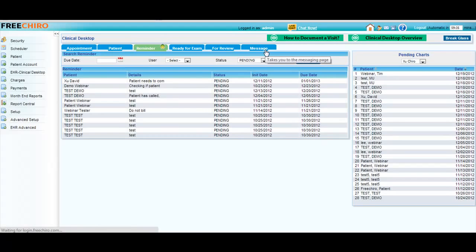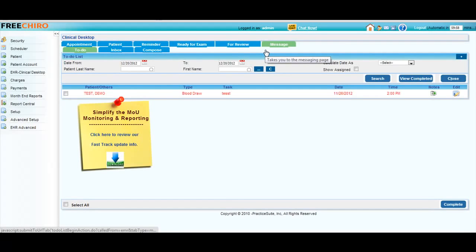Finally, there is also the Messaging tab, which will take you to the inter-office messaging system. You can use this to pass along patient information securely along with a message to other users of your EMR system. So to review, from the clinical desktop, you can open up a patient's medical records either from the Appointment